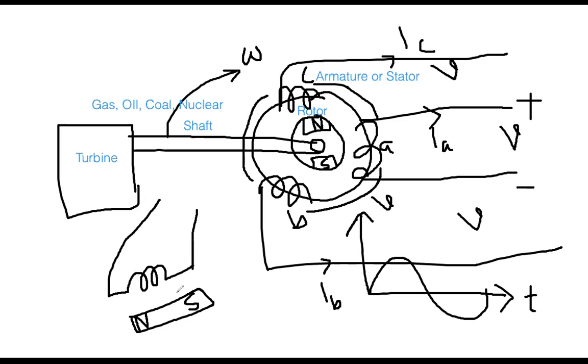So now if you see, if you are not moving either this one or that one, there will be no voltage. Voltage will be zero. So that's why either you have to move this one or this one. I mean, in this example, I showed that the magnetic field is rotating. I mean, that is the common practice in the real field.